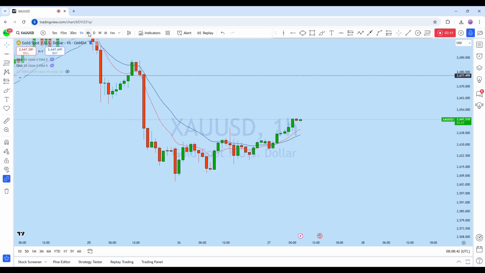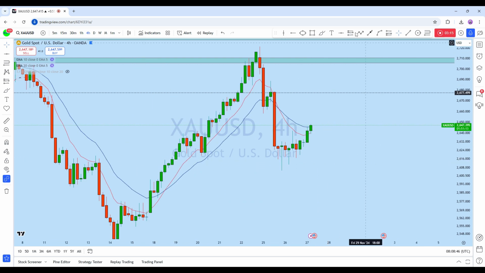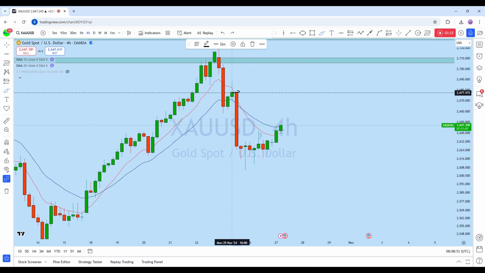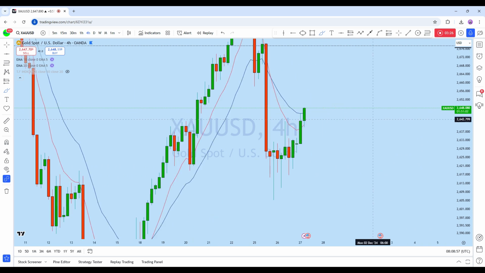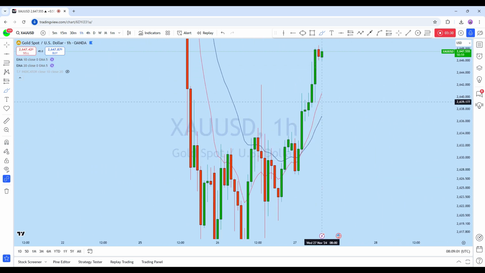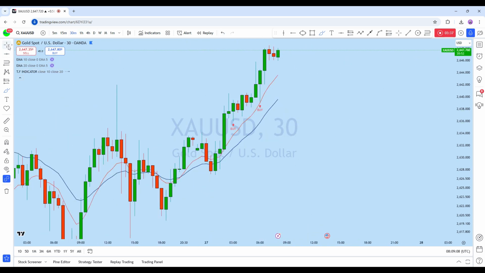Now looking at the 4-hour chart, we can see that the market structure from here forms a series of higher lows, and it's now penetrating to the upside, as this is an important liquidity zone. As the price moves from liquidity to liquidity, if we look at the 1-hour chart, we can see that there is a liquidity gap here, and I will also be looking at the 30 minutes,